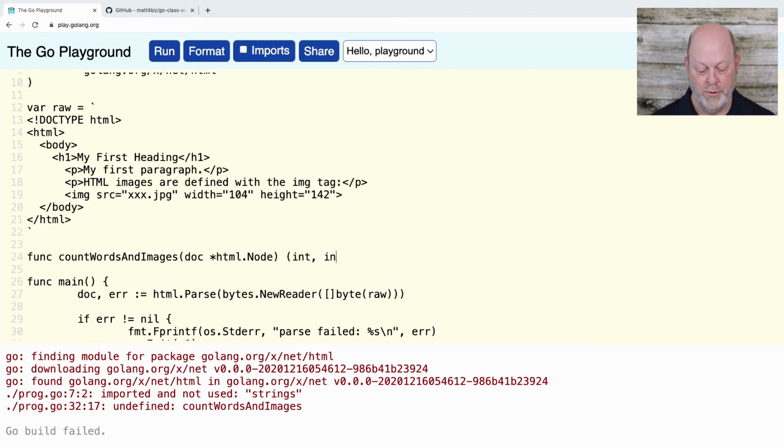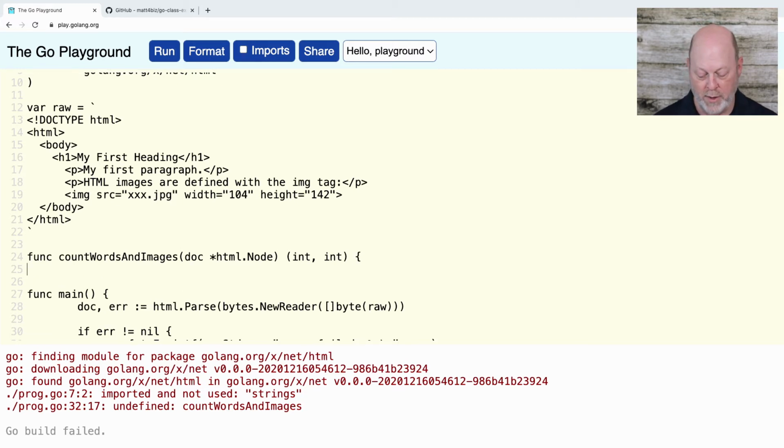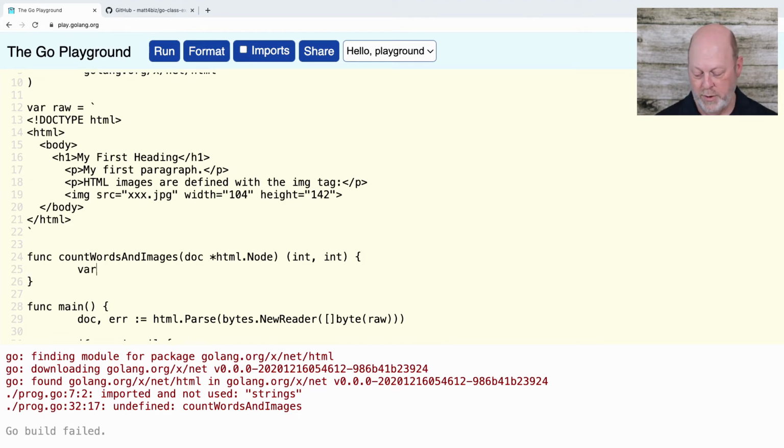And of course, we're going to return two integers. We are not going to return any error out of here right now. We're going to assume that if we parsed it, we've got some tree, and the tree may be empty or the tree may have nothing in it, but that's not really an error. We'll count what we can count and move on. So I'm not going to worry right now about returning errors. What I do need to do is I need to create,